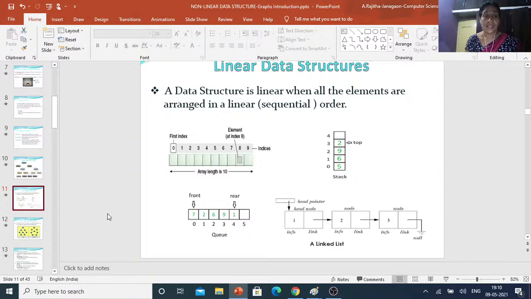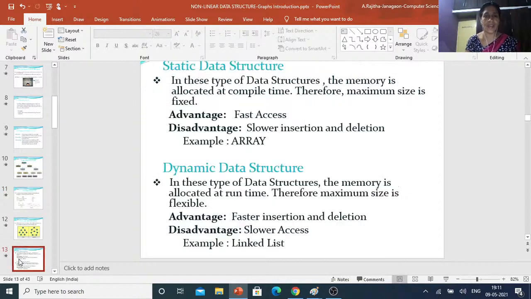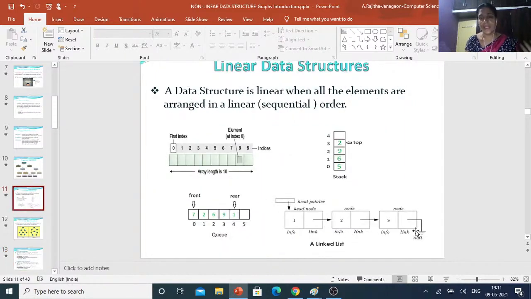So insertion and deletions are very fast in a dynamic data structure, but retrieval is very slow. Suppose I want the 10th element. Compulsorily you have to move one by one until the 10th element. This is the disadvantage.